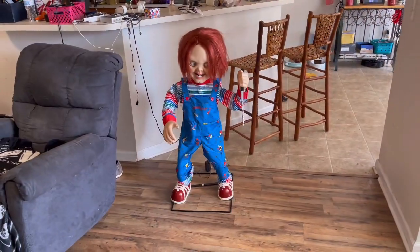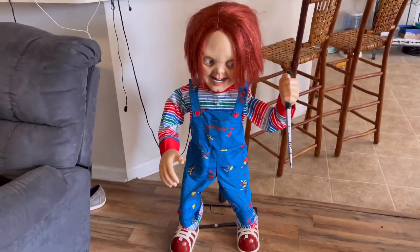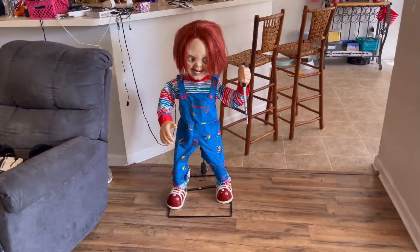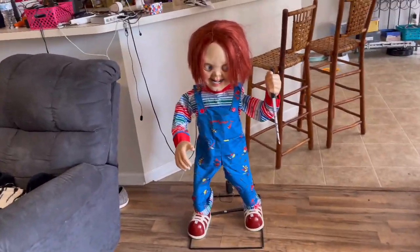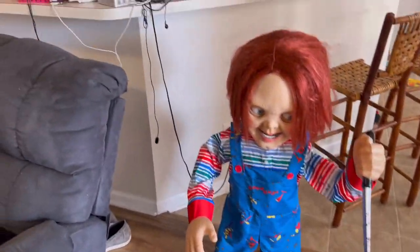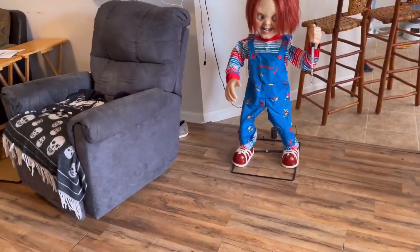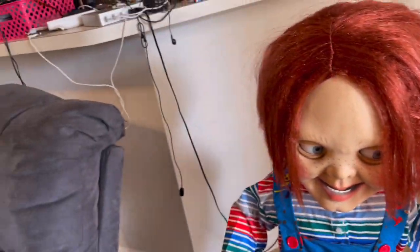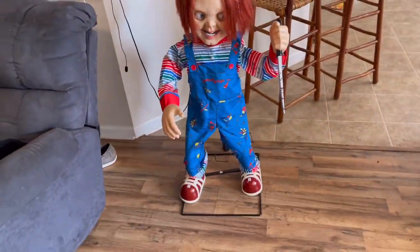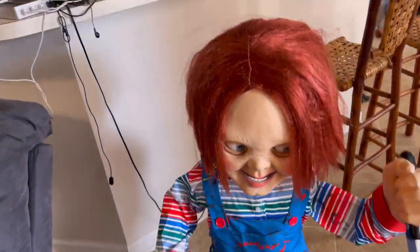All right, guys, so that was the new for 2024 Home Depot Chucky doll. This guy is absolutely amazing. He retails for $199.99, $200, which I don't think is a bad price at all for how much you're getting. I know a lot of people will think that price is a little too steep for how small he is, but considering you're getting that much movement, I think once people actually see him and what he does, I think that price point gets a lot more worth it because you have the knife movement,